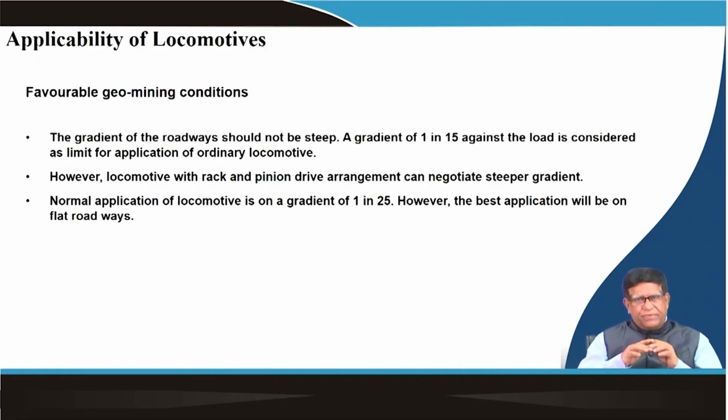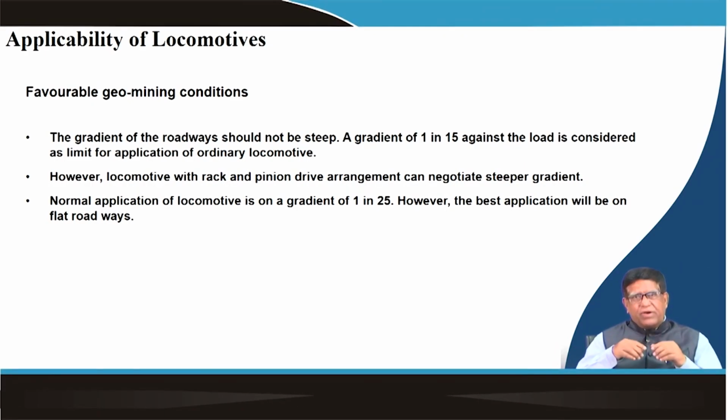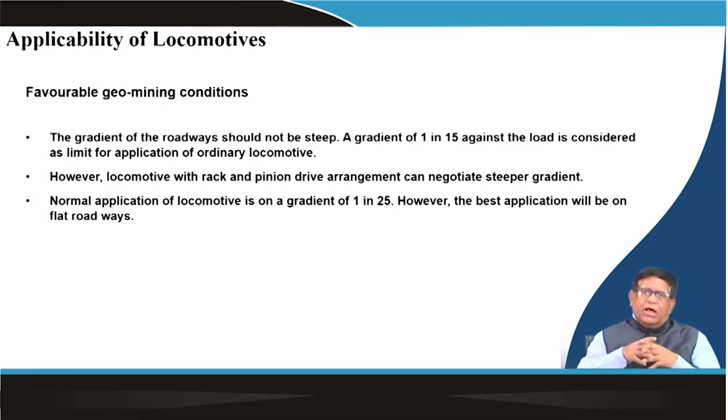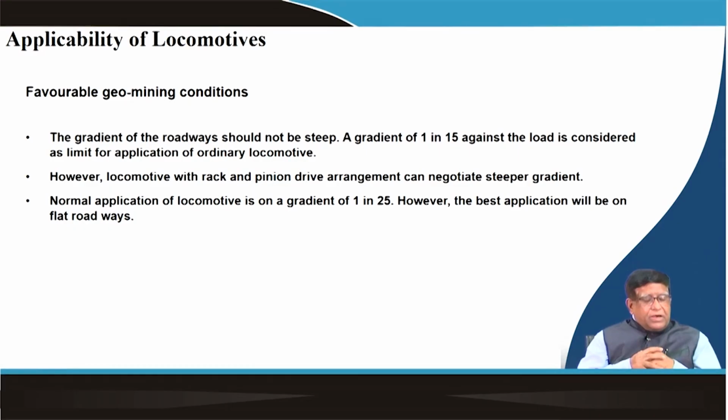Below the locomotive there will be a pinion, and on the track there will be a rack, and with its own power the pinion will be driven on the rack, so that it will not fall down on the gradient. In many places this system is used, and